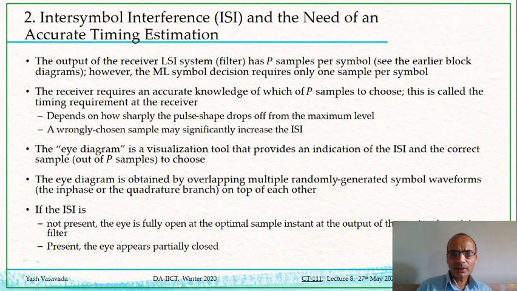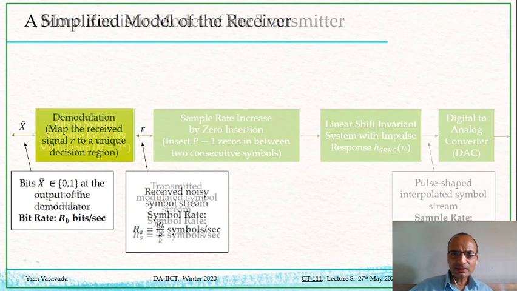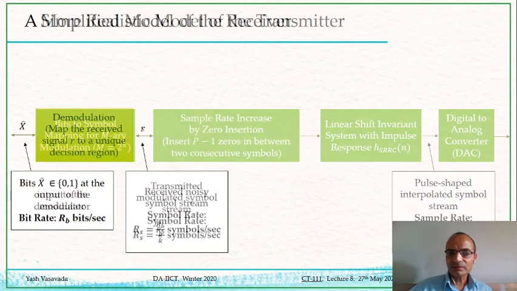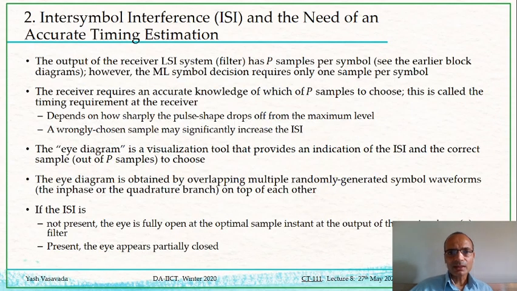Now, we saw in the earlier block diagram, let us just do a quick recap of it, that at the transmitter, compared to the symbol rate of R of S, in order to apply a pulse shape, we have done some type of interpolation and increased the sample rate to P times R of S. Basically, our sample rate has become some factor of P greater than the symbol rate. And therefore, because we are sampling each symbol P times, meaning for every symbol we are collecting capital P different samples,